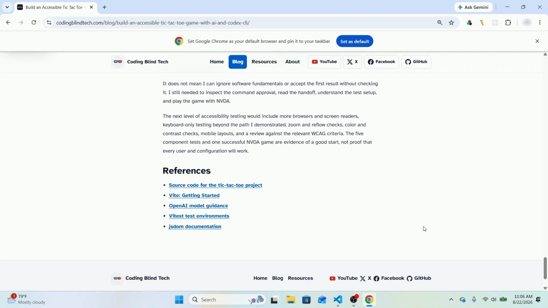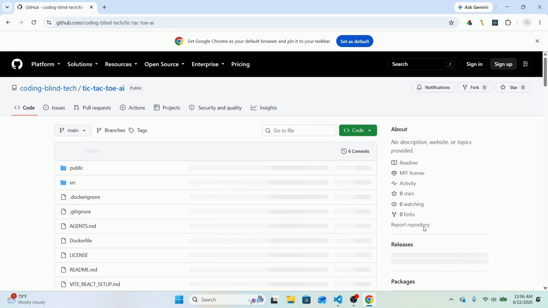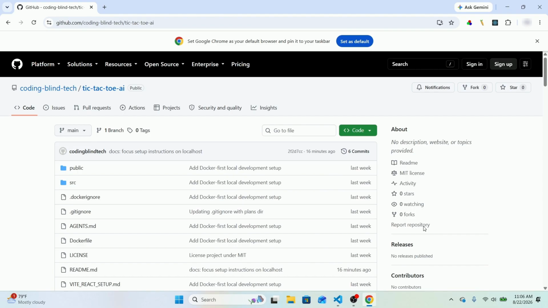Out of link. Bullet. And then I'm going to press K as in kilo. Source code for the Tic Tac Toe project, visited link. And you hear there it focuses the link. So I'm going to press Enter on this. GitHub coding-blind-tech/tic-. Awesome. Okay, so this is going to bring you to the GitHub repository that I have up for the